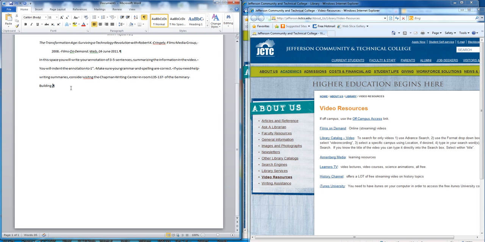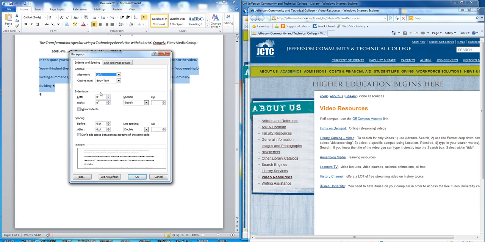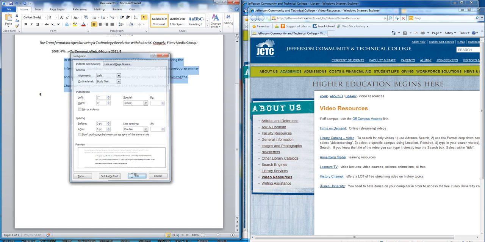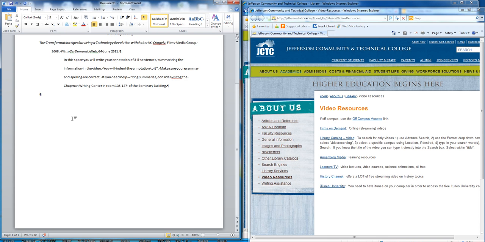The format for your annotation is that it should be indented to 1 inch. So now that I've written my annotation, I need to indent it to 1 inch. So I'm going to highlight the annotation, go back to my paragraph menu, and under indentation set it to 1 inch on the left, and make sure that the hanging indent is no longer in effect, and it's not. So I click OK, and that is what it should look like for each of your 3